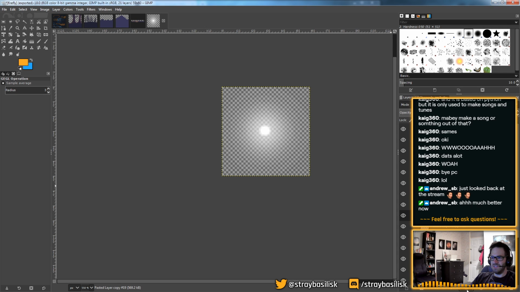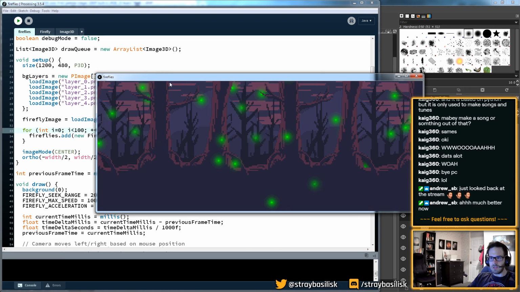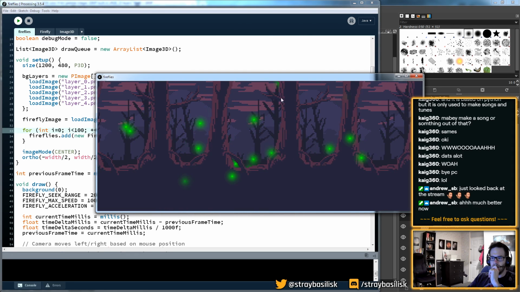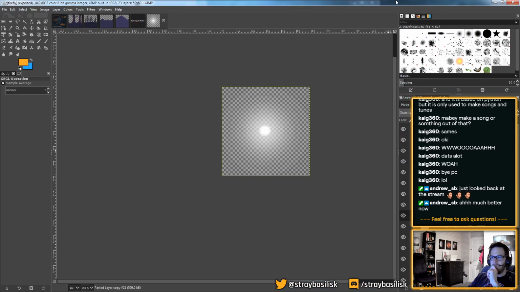Then we can amp that up a bunch, which should hopefully give us a bigger area of effect on these. Okay. What I might do is also